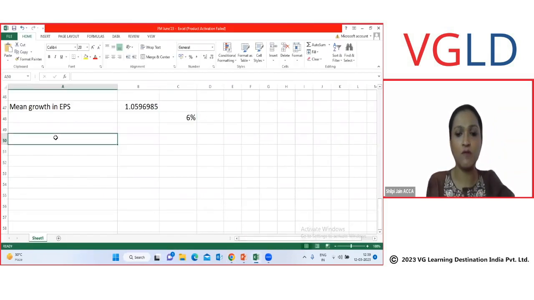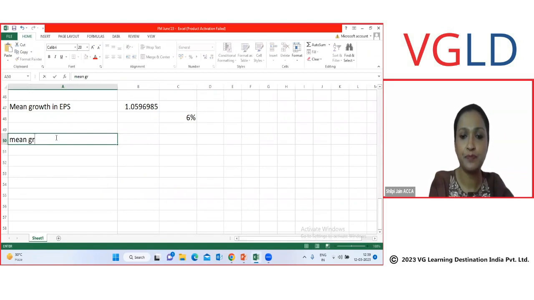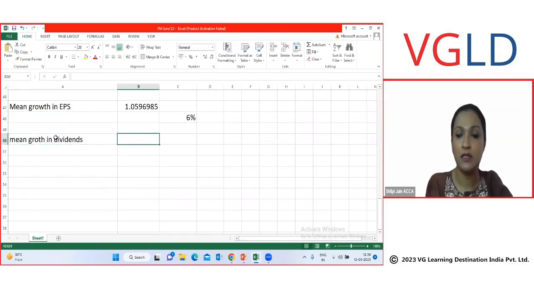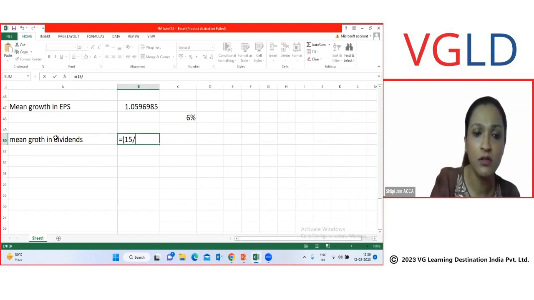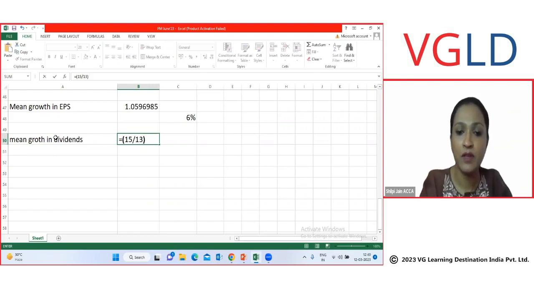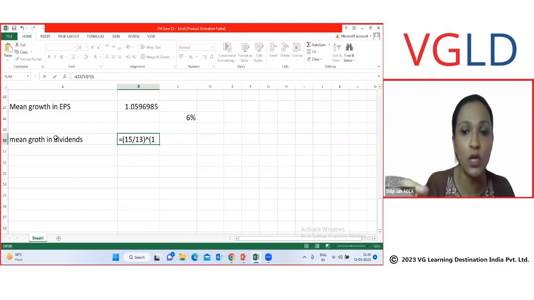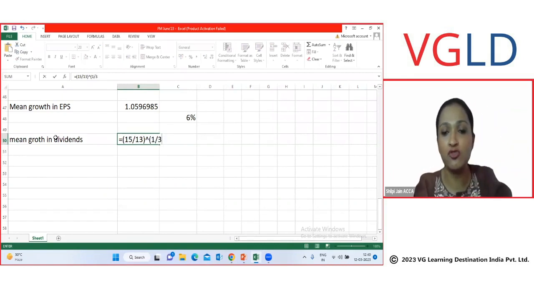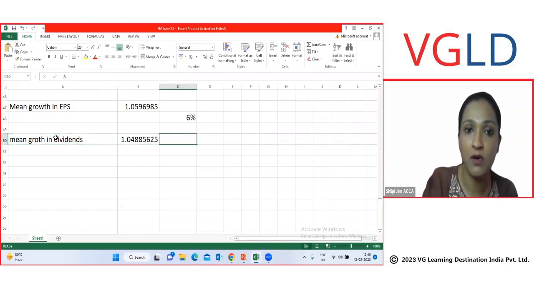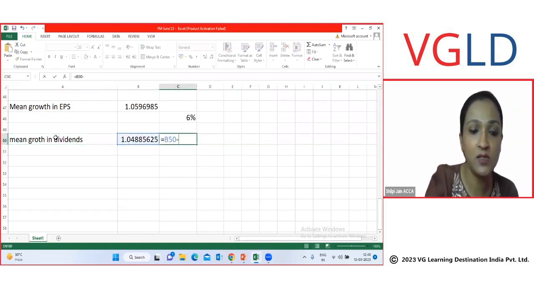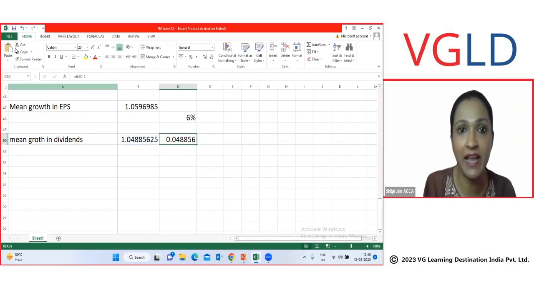Okay, mean growth in dividends. Again, just do the same thing. I hope everybody's familiar with how to calculate mean growth. Raised to the power, because I cannot do a third root here. So I'm just doing raised to the power 1/3 here. And then obviously this -1, and in terms of percentage,